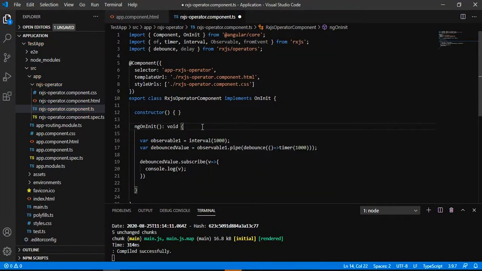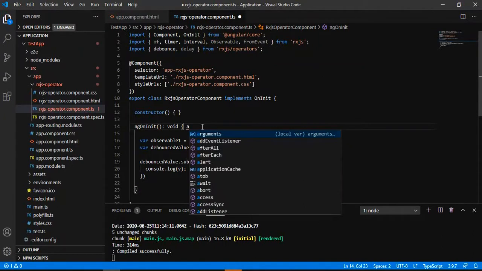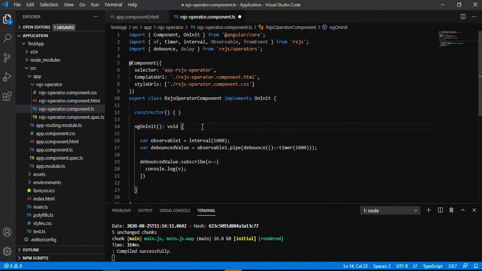But if we don't apply the debounce operator, then as soon as I type any character, any value, it will immediately go and perform the operation. But we want to give some debounce time, so that when I am not supplying any new value and the debounce time is over, the search is performed. Suppose I have applied a debounce time of 2 seconds and I give a search string and leave the operation, then after the 2 seconds it will simply perform the search operation.